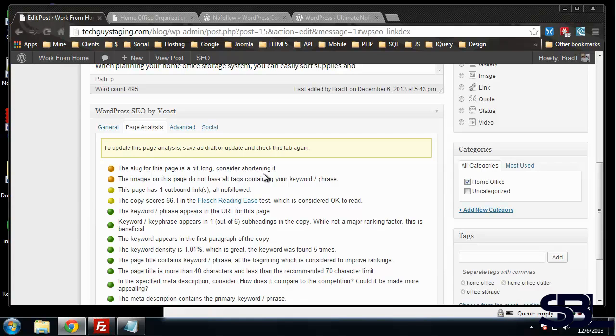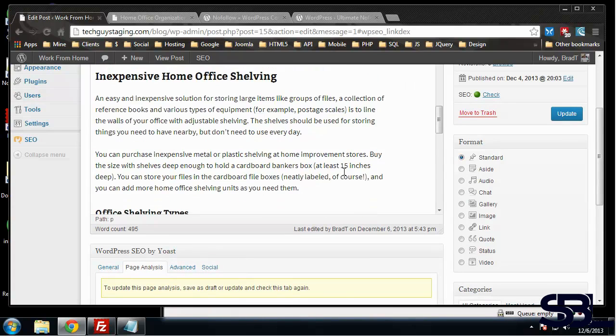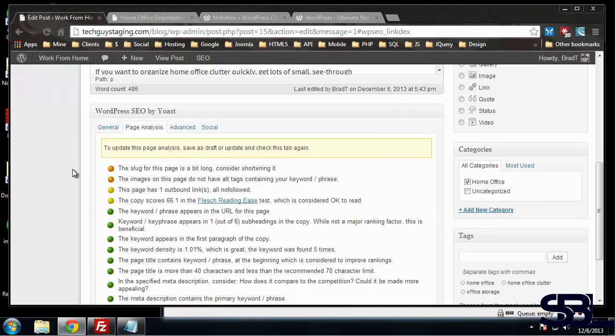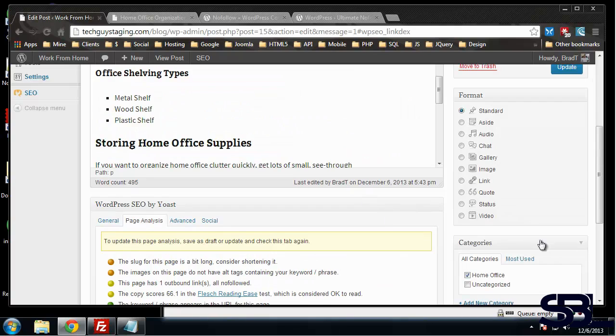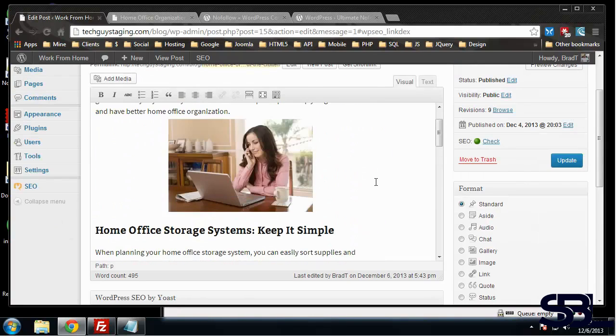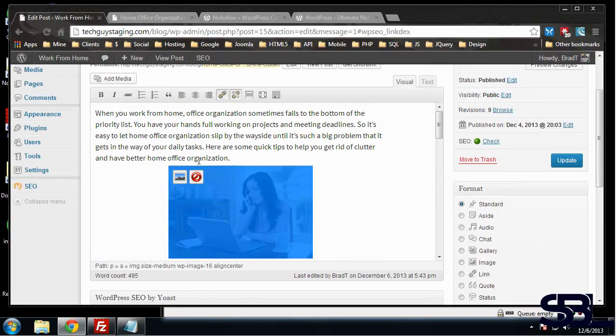Consider shortening it. I'm not going to pay attention to that one. The images on this page do not have alt tags containing your keyword. That's an important one, and it's important really because it's so easy to do. So we just want to add an alt tag. So let's edit this image,